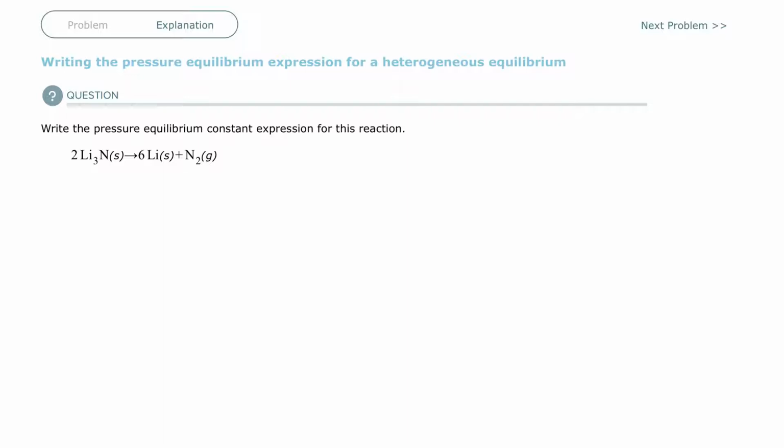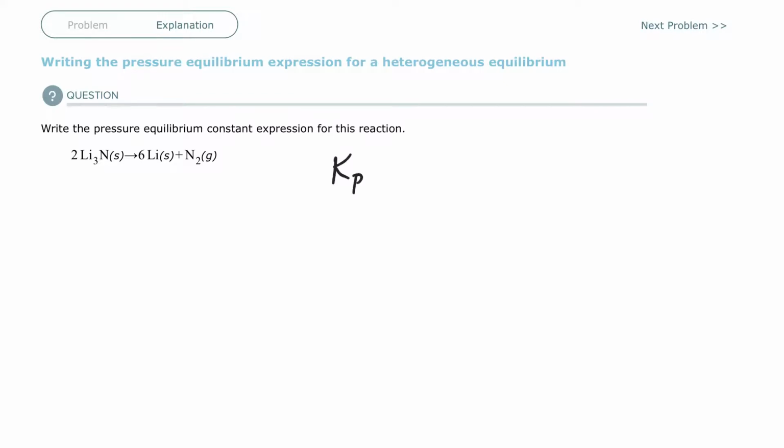change their pressure really. You can squish liquids a little bit. You can't squish solids very much at all. So we are going to ignore, just like we've done in other heterogeneous equilibria, everything that's not a gas or an aqueous. In this case, since pressure is only dealing with gas, it's only gases that we're going to consider, and we ignore everything else. So writing a